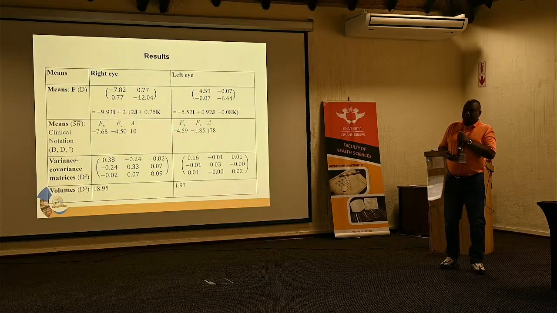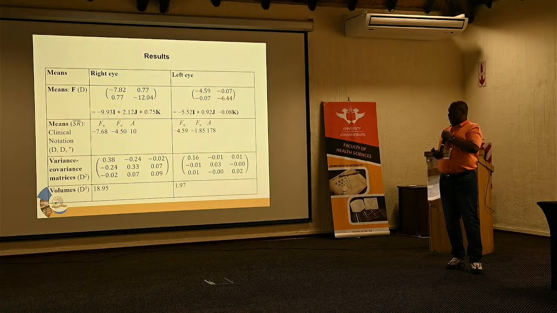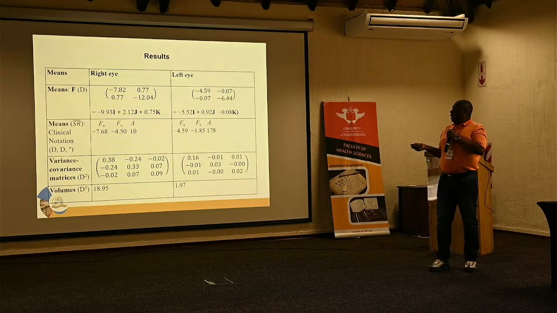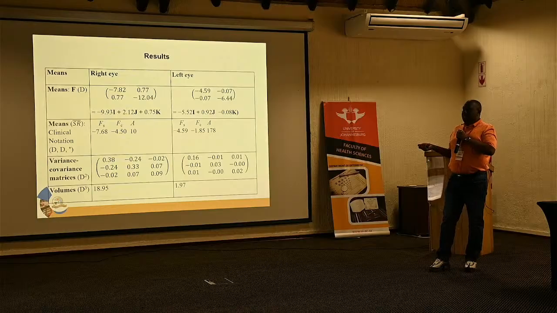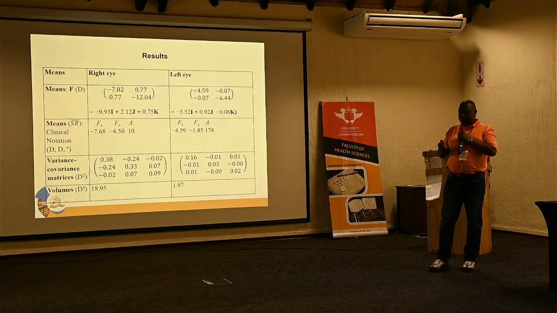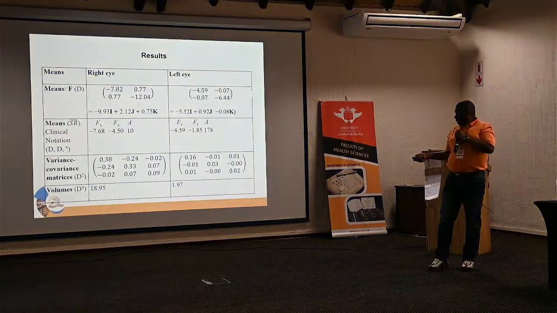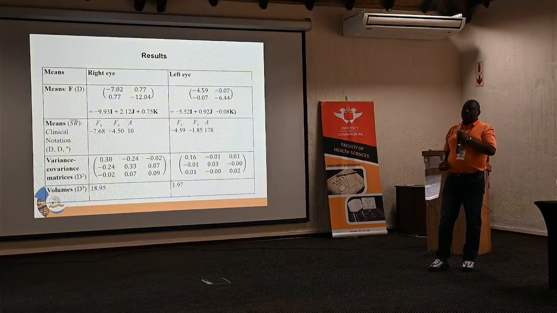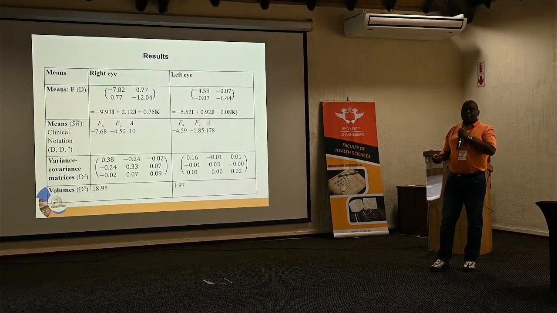Based on the measurements, these are the means that we got. And then there are the scientific ones, the I, J and K, that we use to plot diagrams. And this is our traditional method. Based on all the 50 measurements, the patient went to 50 optometrists around the district of Polokwane, and this is how the variation went. We'll see when we get into the diagram what was varying.